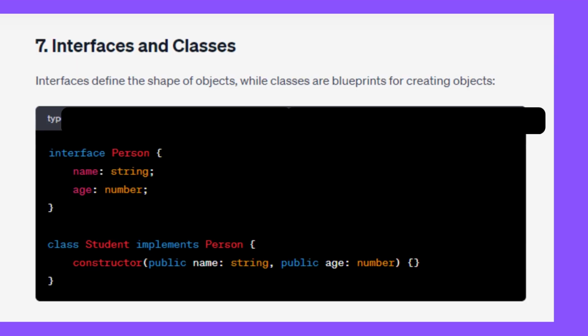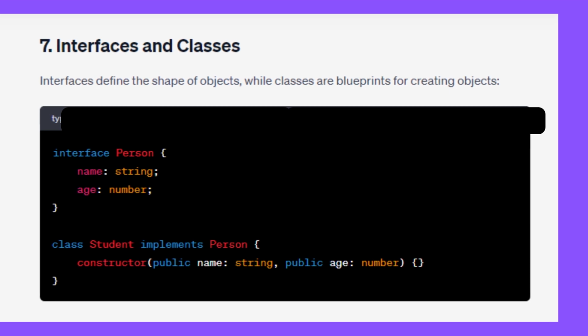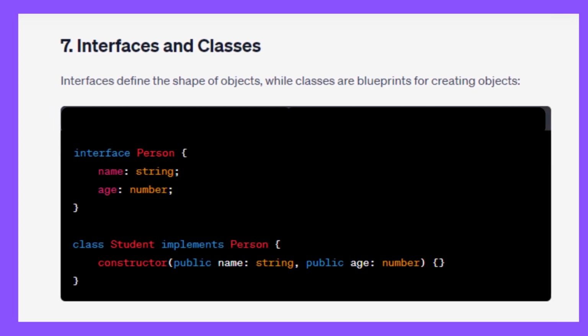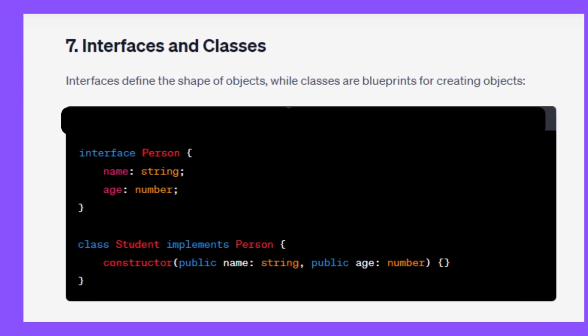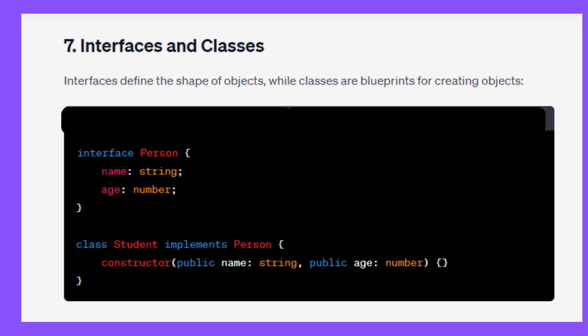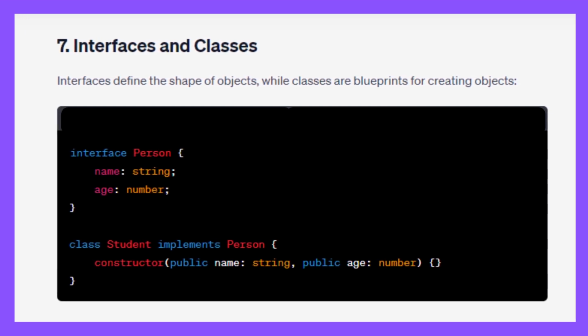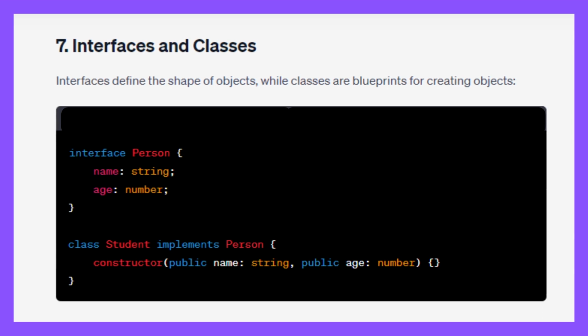7. Interfaces and classes. Interfaces define the shape of objects, while classes are blueprints for creating objects. TypeScript. Interface Person { name: string; age: number; } Class Student implements Person { constructor(public name: string, public age: number) }